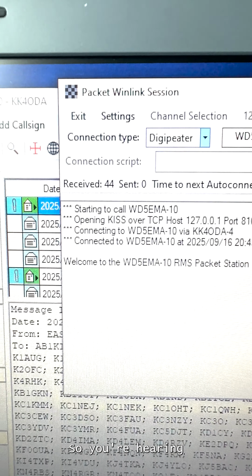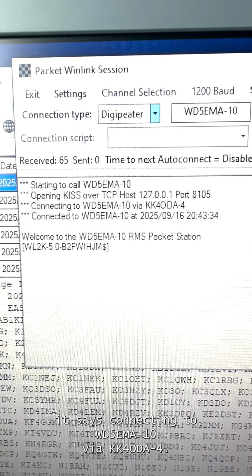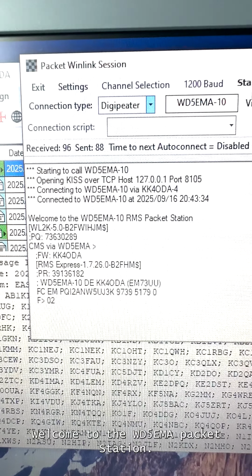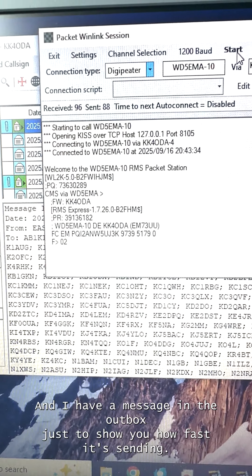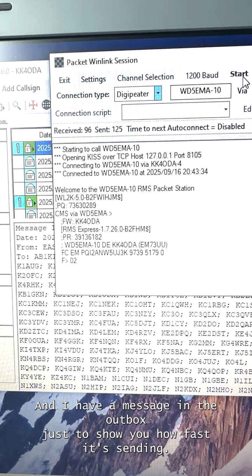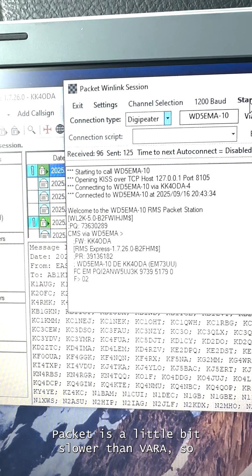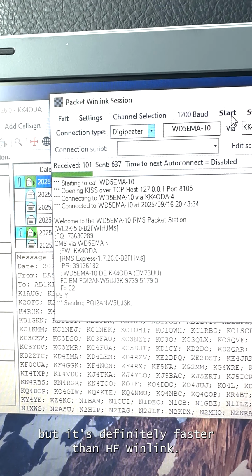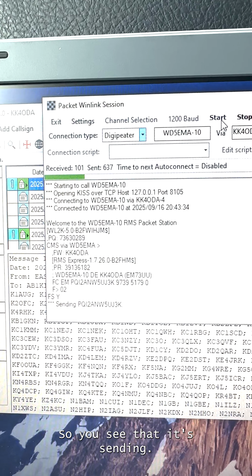So you're hearing, it says connected to WD5 EMA via KK4ODA-4. Welcome to the WD5 RMS packet station. And I have a message in the outbox just to show you how fast it's sending. Packet is a little bit slower than VARA, but it's definitely faster than HF WinLink. So you see that it's sending,